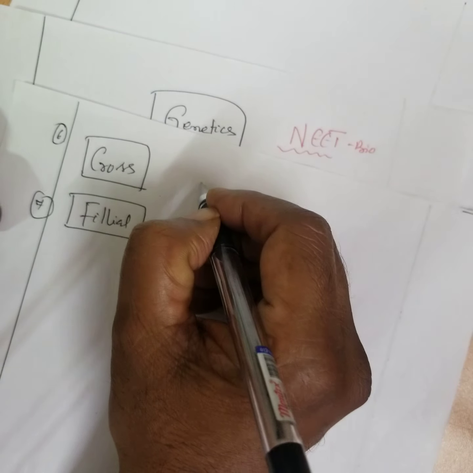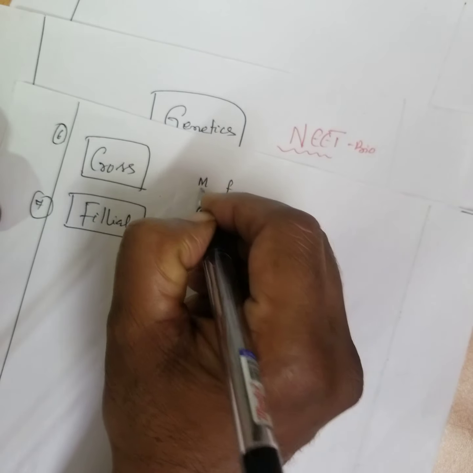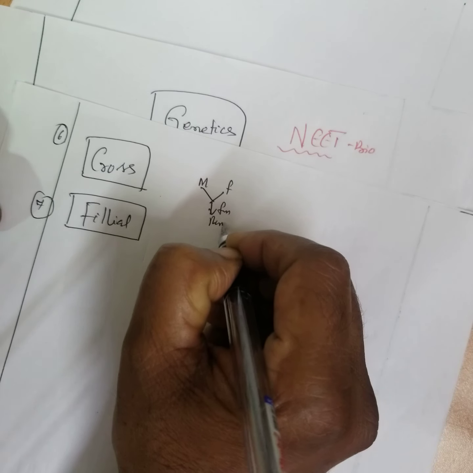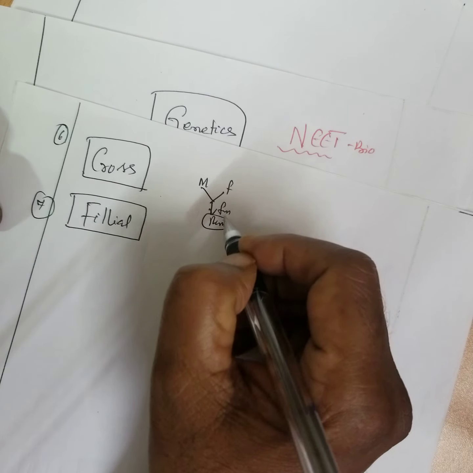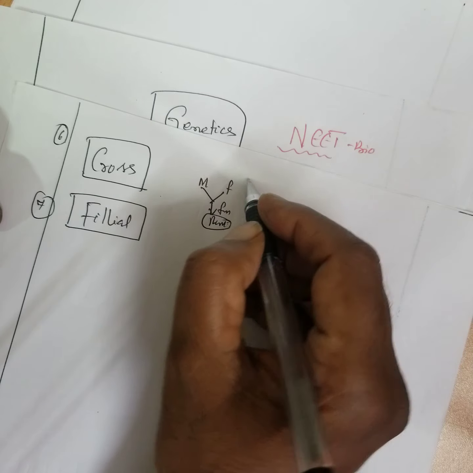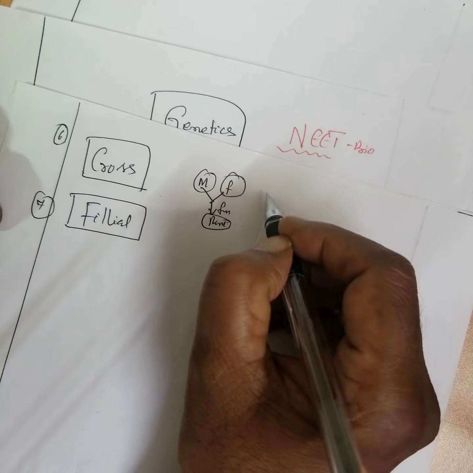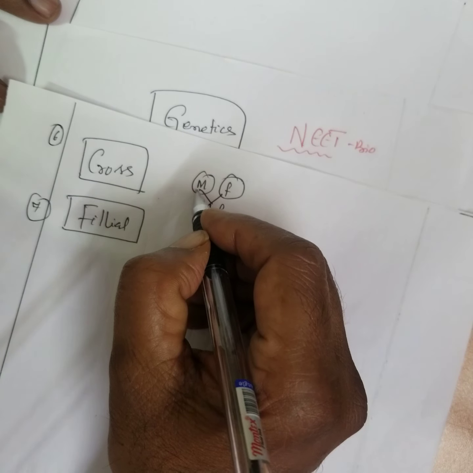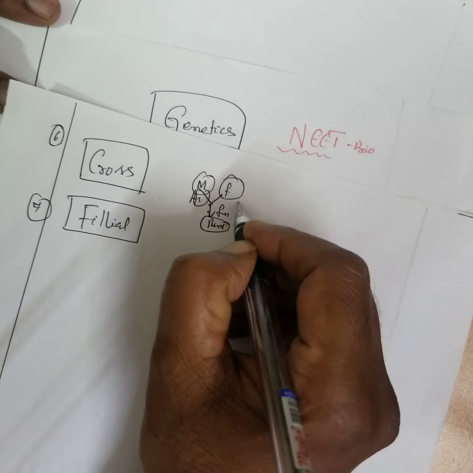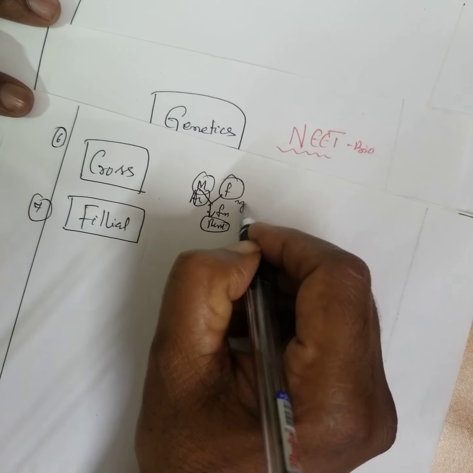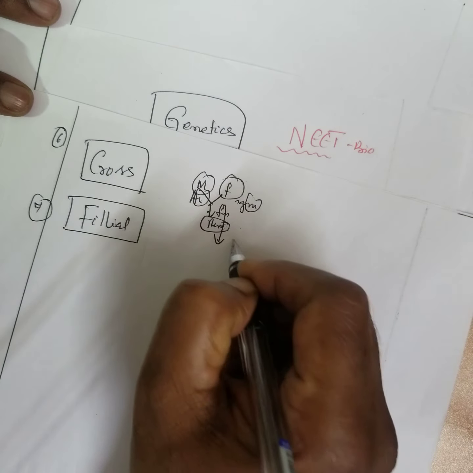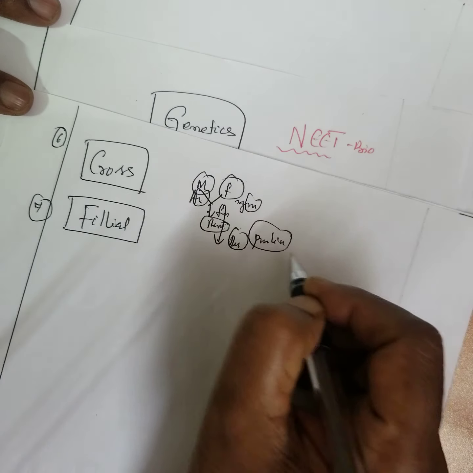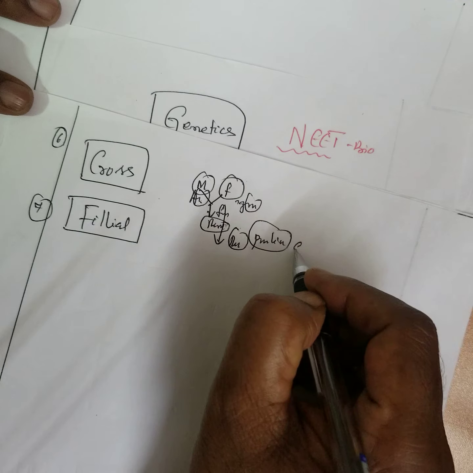What do you mean by cross? That is when the male and female join together and fusion takes place. The resultant forms the first generation. For example, androecium from male, gynoecium from female, you'll get the resultant. You can call this a pure line. This is called the first generation.